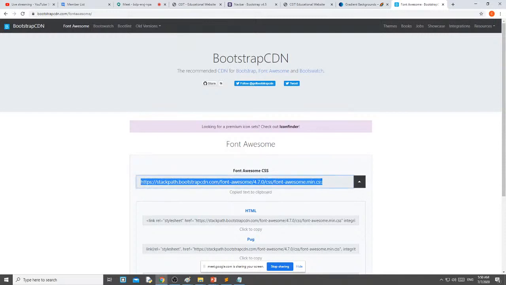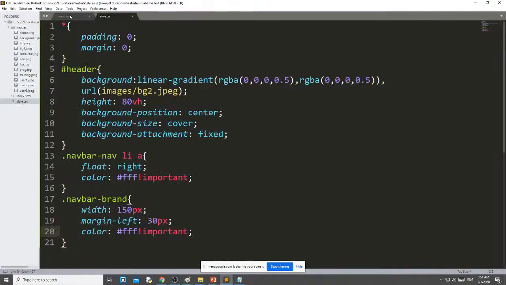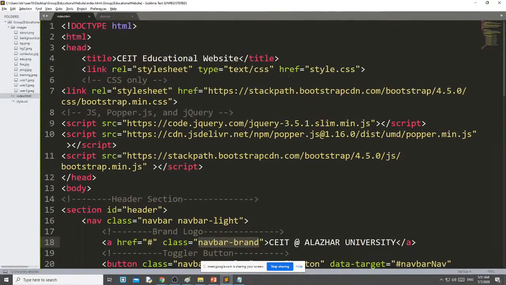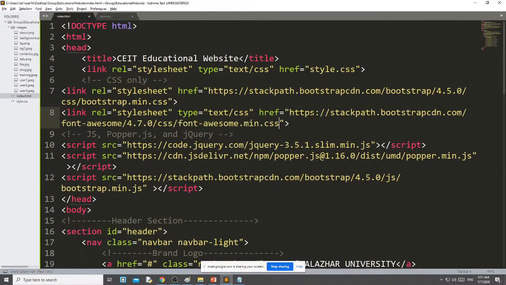Then go to your HTML, inside the head just write link and inside the href paste it. Okay, now you are ready to use Font Awesome.